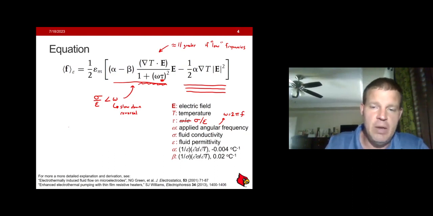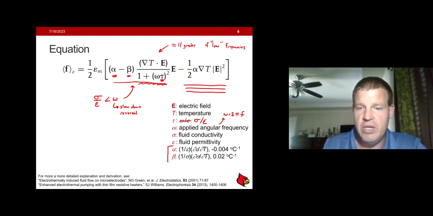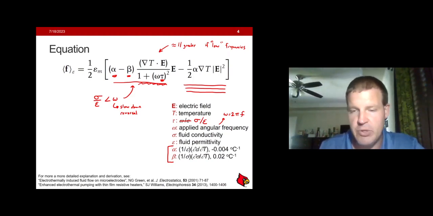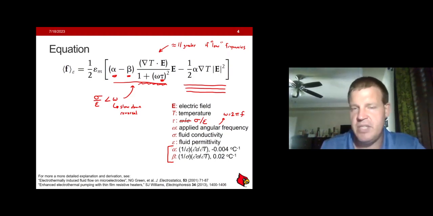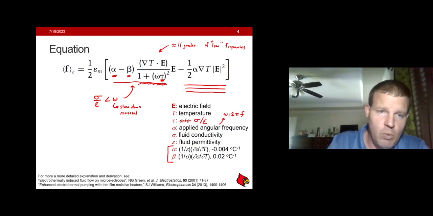That being said, let's go over some other terms. We have this alpha term and this beta term, which depend on the fluid that is used. So this is for water, how much permittivity and conductivity change with respect to temperature. Here I have it expressed as an inverse degree Celsius, but you typically see these also expressed as a percentage. So that's one aspect. So just to quickly review, we have to be mindful of the frequency